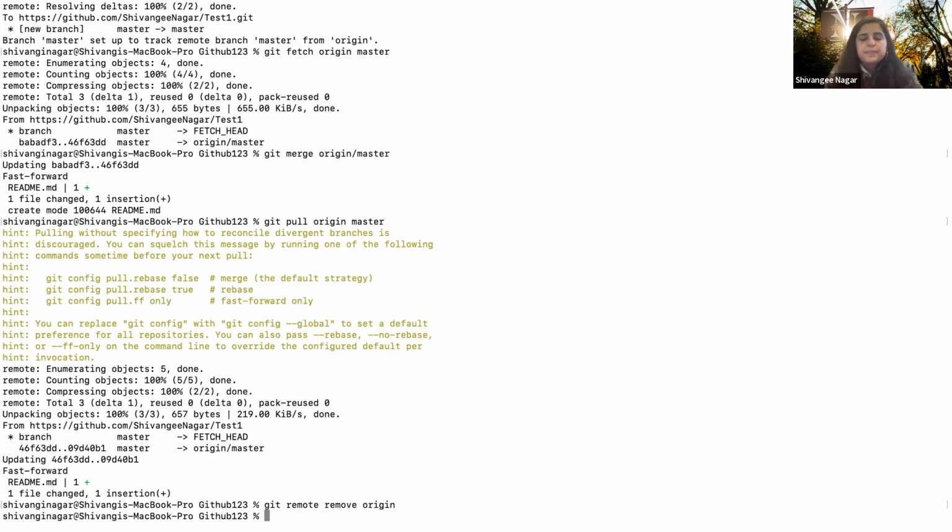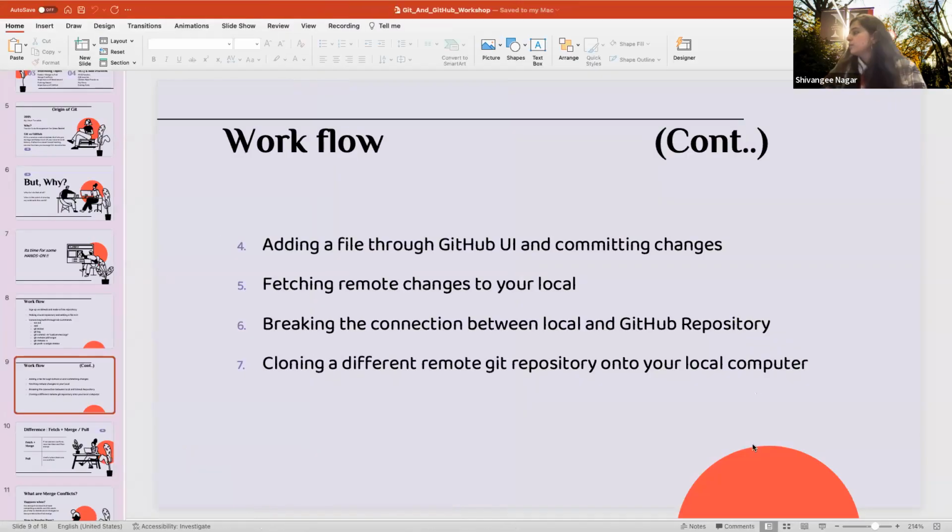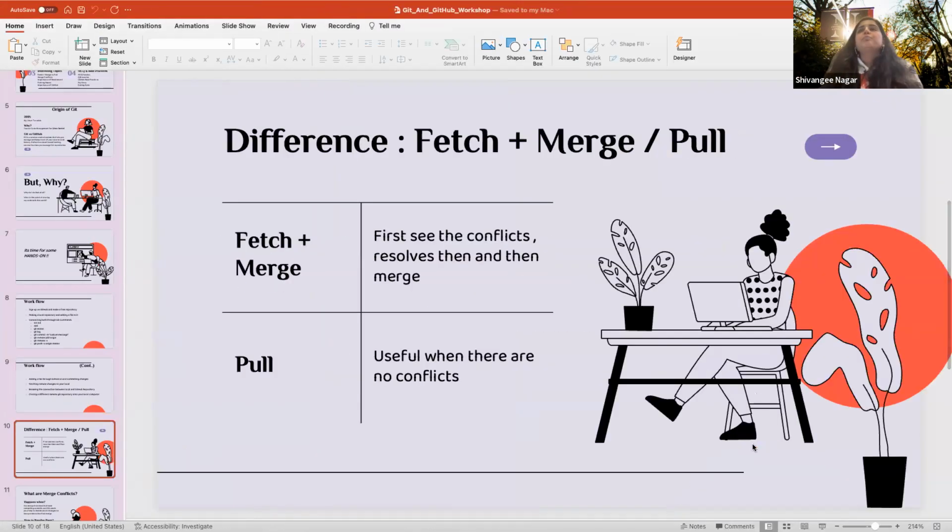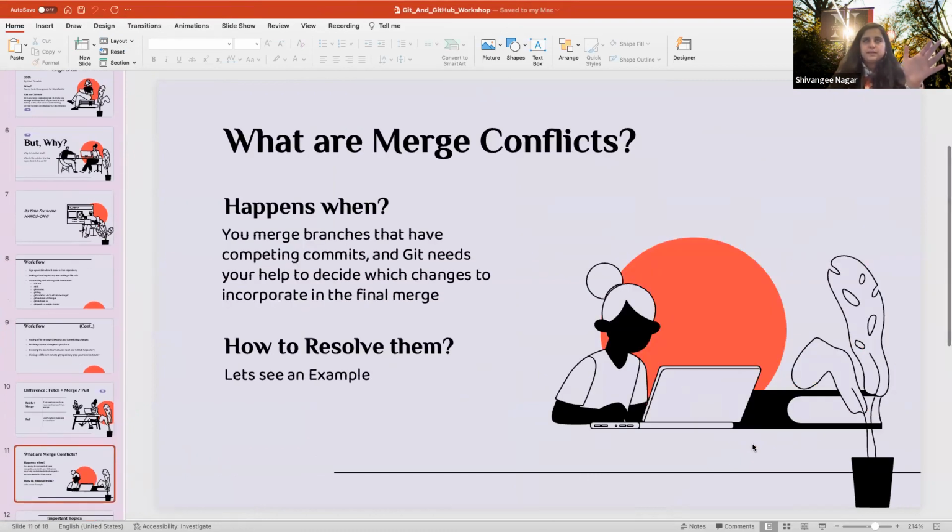Okay. Having said this, let me move on to the PPT. You can see the PPT, right? I told you about the differences. So while I was talking about fetch plus merge versus pull, I talked about merge conflicts. When does it happen? It happens when there's a project and there are different people working on it, for example a class project or an organization, anywhere where there are different branches and people are working on the same code, same files.